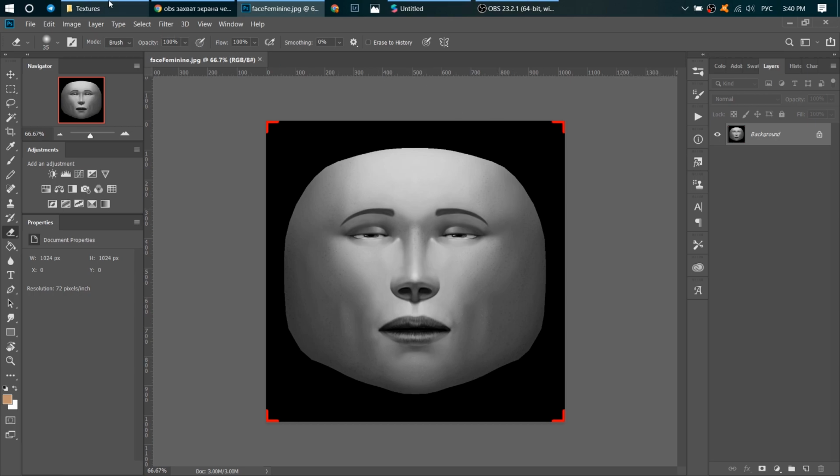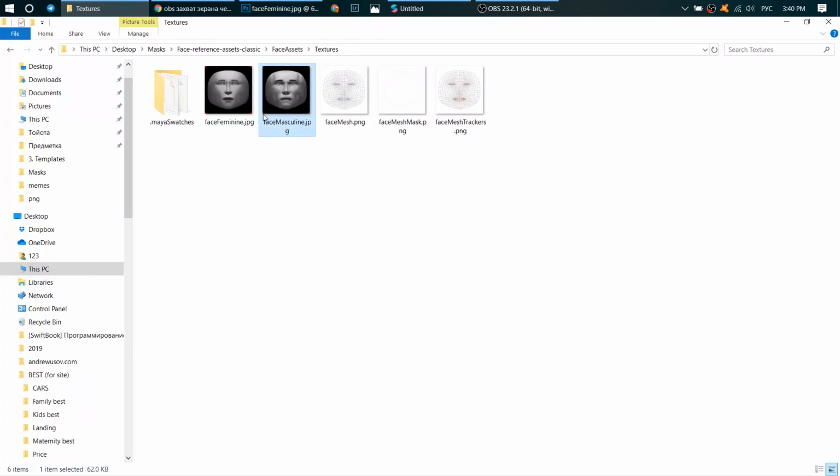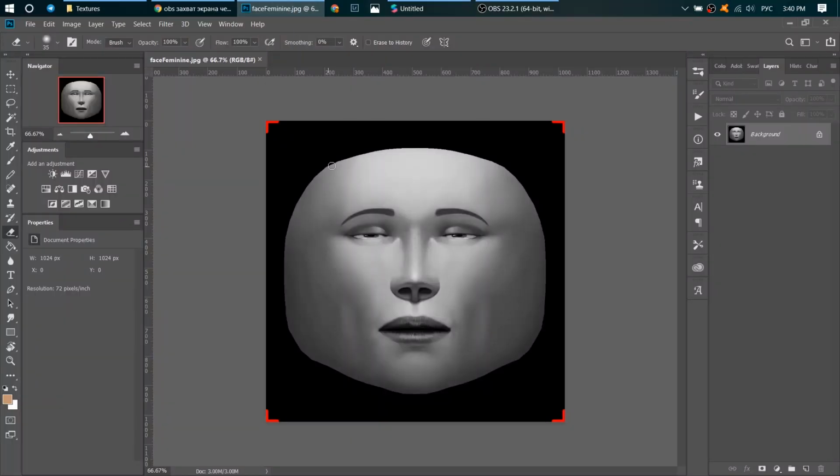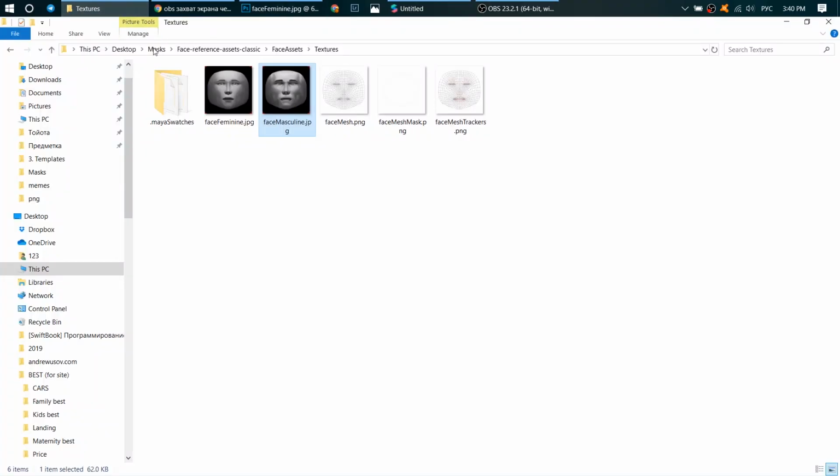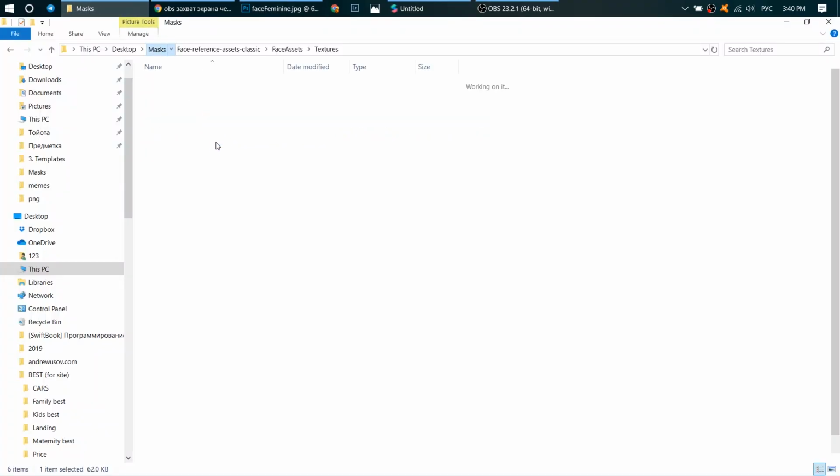You can download this one, and for a man's face you can also download them. Just go to the description. You can find all the links there. So this is your face. And I just open my stars,